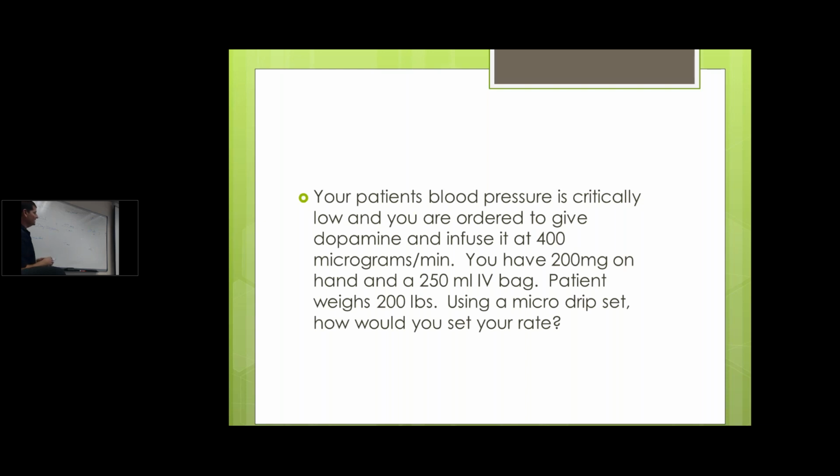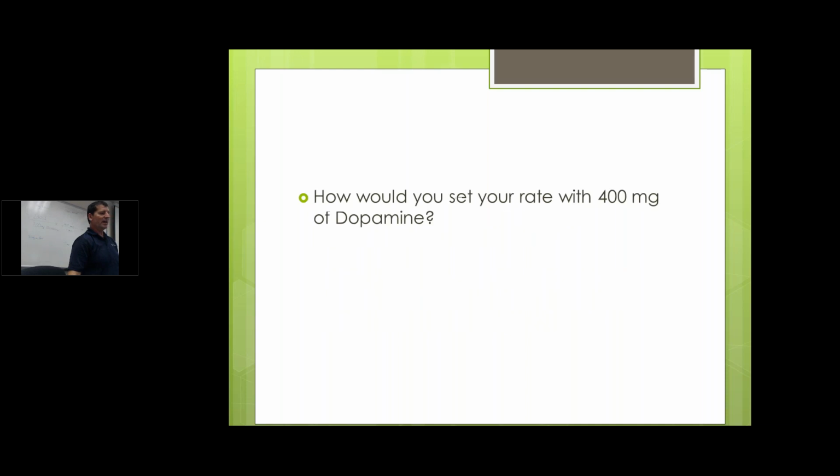So what did you guys get for this? 30. Perfect. If anyone didn't get 30, let me know. But use your calculator. Make sure you're doing those calculations across so you're getting that. Is this too easy? Kind of in between? Okay. So don't worry, we got a couple more. So now what happens to our drip rate if we set this to 400 milligrams instead of